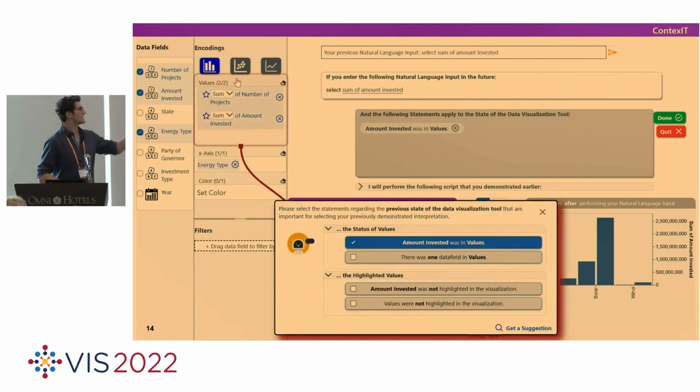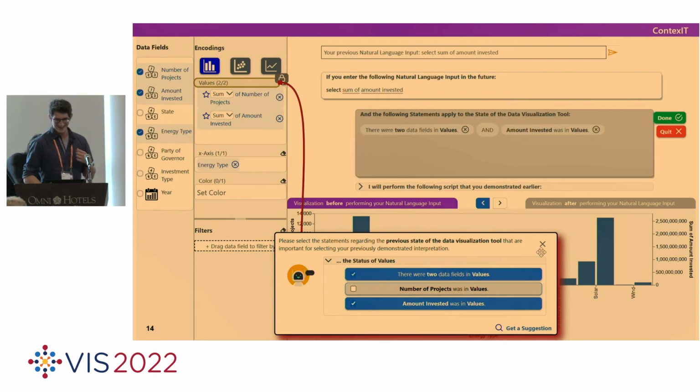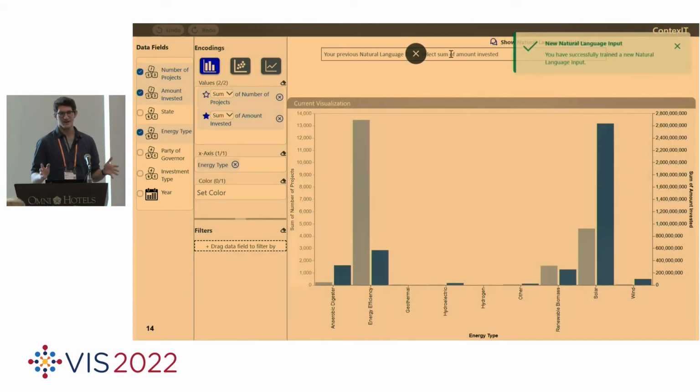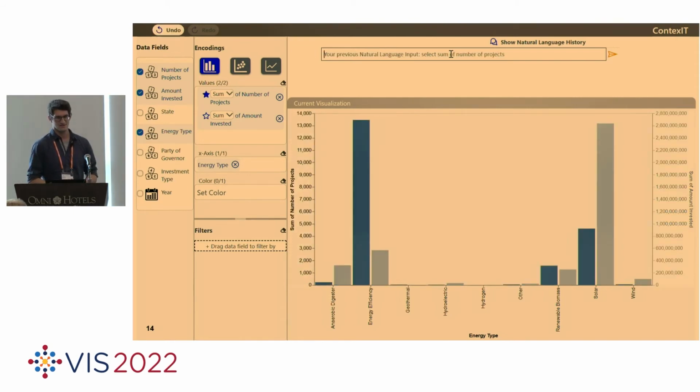We can add this, and we can just play around to also hover over different aspects of the visualization, which can have additional meanings. When we're satisfied with our statements, which would describe this contextualization, we can press done and can now try out the new interpretation and check it out, in this case, for select sum of number of projects and test if it has learned anything from our contextualization. And as you can see, of course, in the demonstration, it has learned and is now able to correctly choose